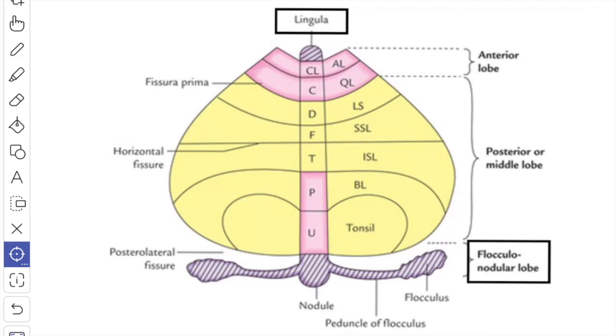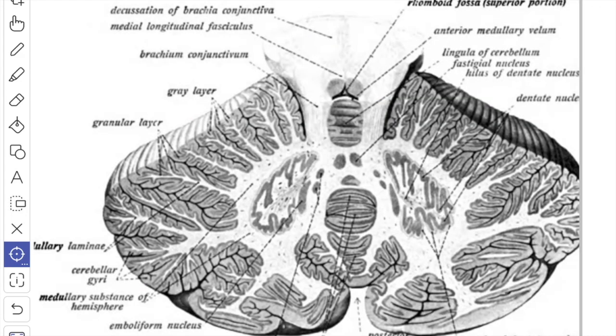The neocerebellum is made up of the middle lobe or the posterior lobe, which is the largest part of the cerebellum, except the pyramid and the uvula of the inferior vermis. The neocerebellum is chiefly cortico-pontocerebellar in connection, and it is concerned with the smooth performance of skilled voluntary movements. Next we'll see the internal structures.